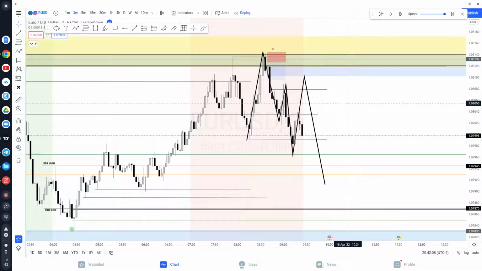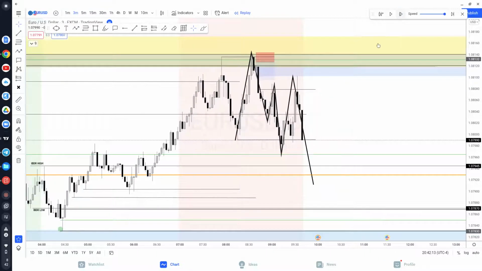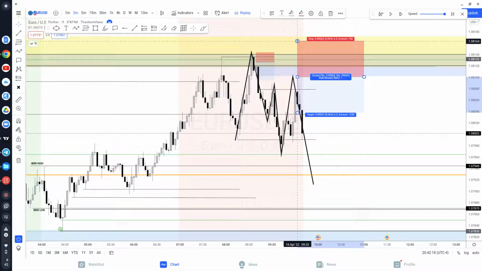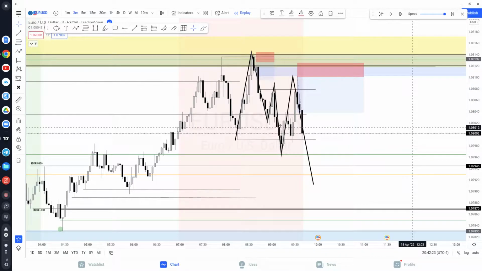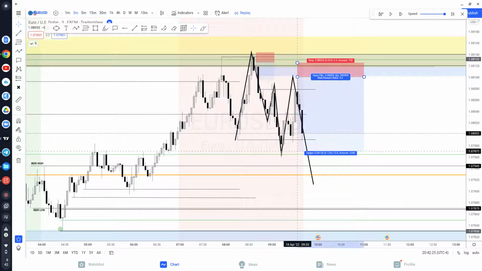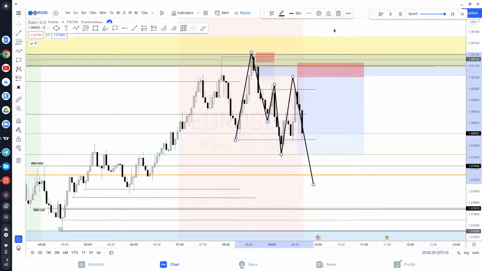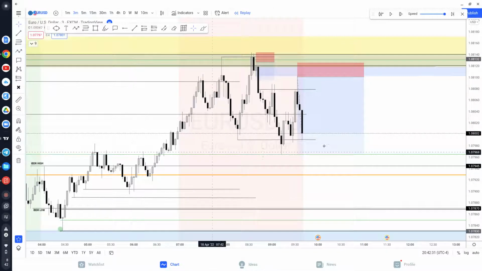All right. So if you didn't understand that entry, here's where your next entry could have been. Right? Look at that right there. So you could have entered here, right? You could have taken a safe stop above there, or you could have taken an aggressive stop there, right? First target should be right here, right? Look at where price is responding from, guys. The equilibrium portion of the range, right? Sensitivity,